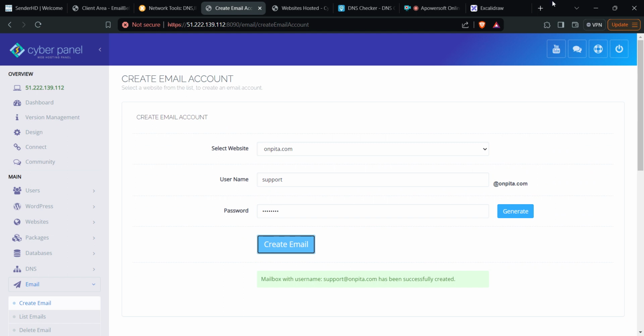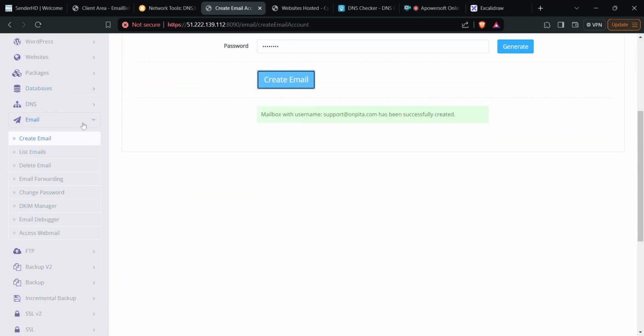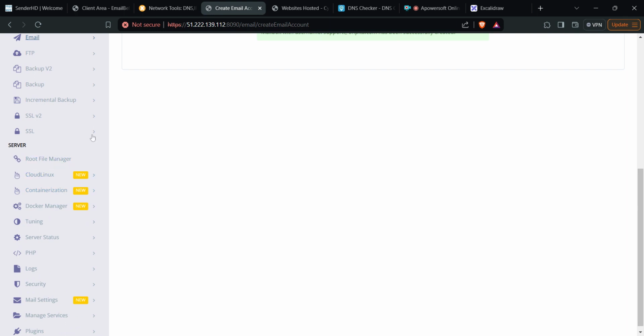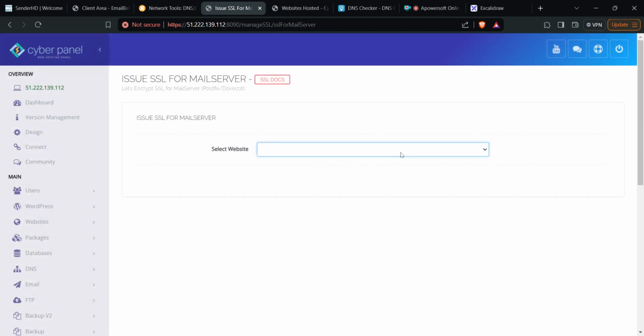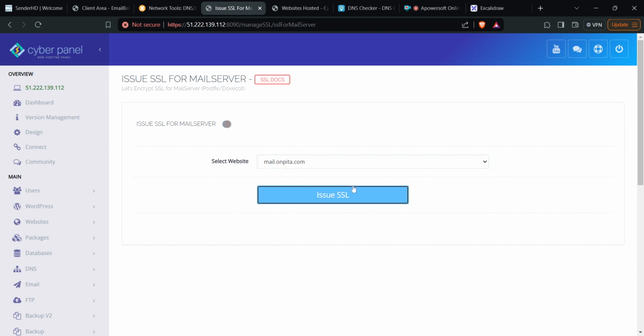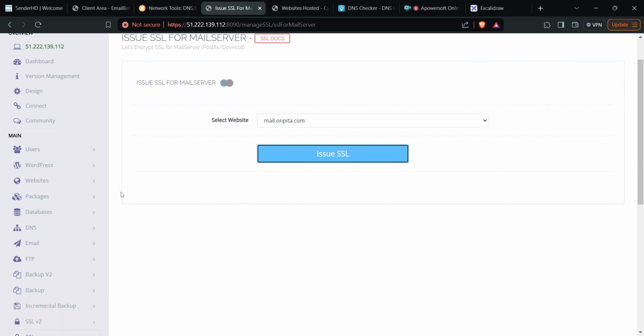The next thing that you want to do is add the email SSL. You add the mail server SSL, so you come here, you go to mail dot the domain, you add that. The other one that you want to add is